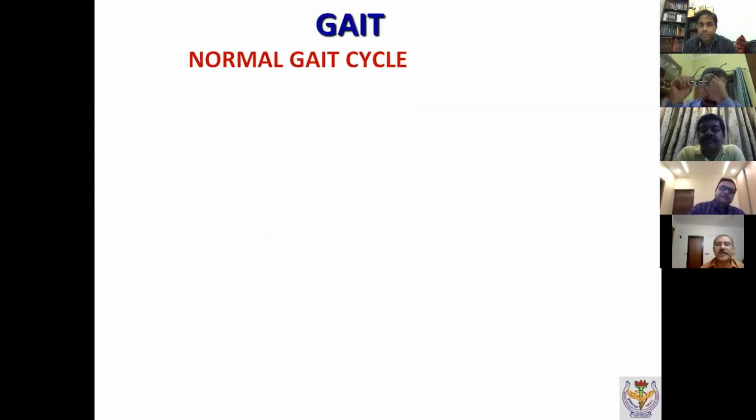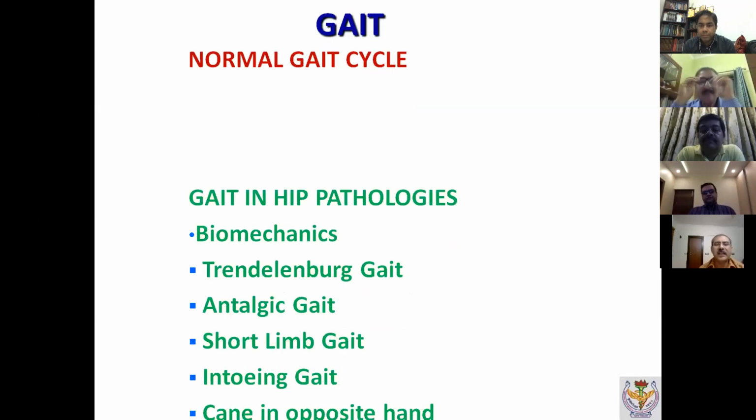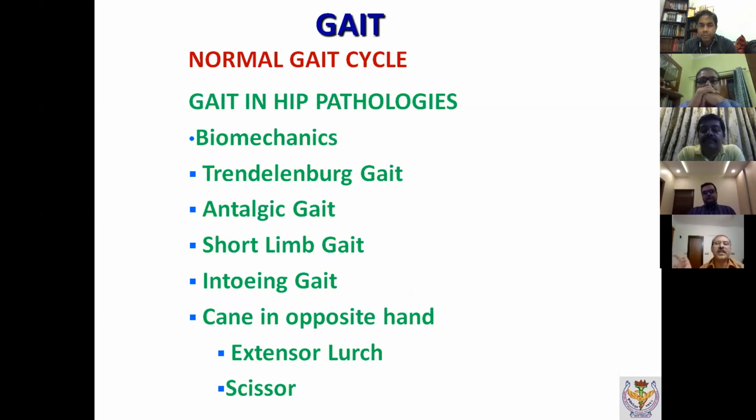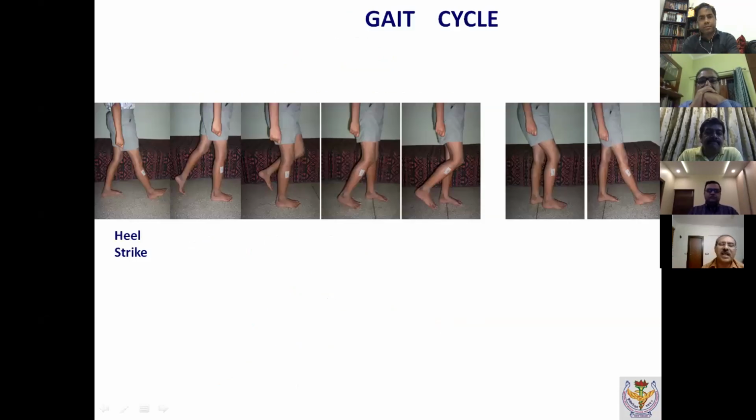And I'm going to talk about a little bit of the normal gait cycle, and then the biomechanics to make you understand how the lurch is on which side, on the affected side. And then I'll talk about a little bit of short limb in towing gait, cane in the opposite hand. If you permit me at this time, then I'll talk about the last two. Otherwise, I'll just stick on to the gait cycle, which starts with the heel strike,